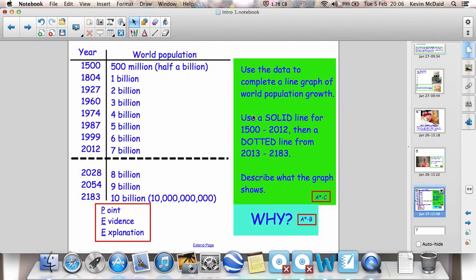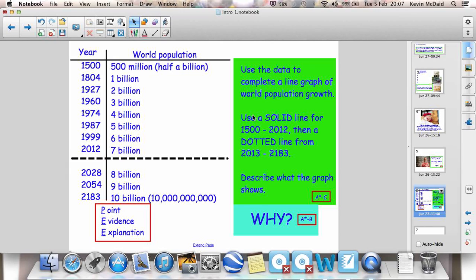If you remember, in your description and your analysis of it, we noticed that between 1500 and 1850 or 1900, there was a very slight rise in world population. It took nearly 300 years for it to double from 500 million to a billion. Another 100 years or so for it to double again to 2 billion. But then once we hit 1927, 1930, all of a sudden global population started increasing very, very rapidly. So population explosion is that rapid increase in world population.